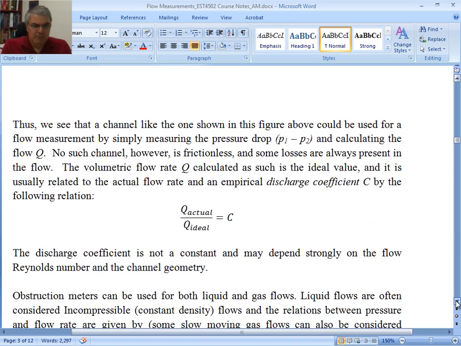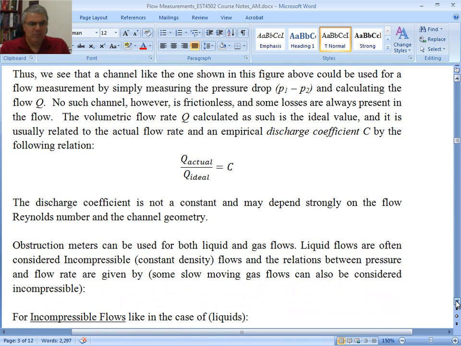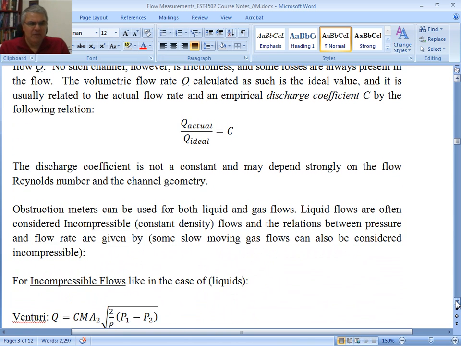There are graphs and other methods that are available in which we have the discharge coefficient. We simply multiply that C, the discharge coefficient, by ideal Q that we calculate from these equations to get